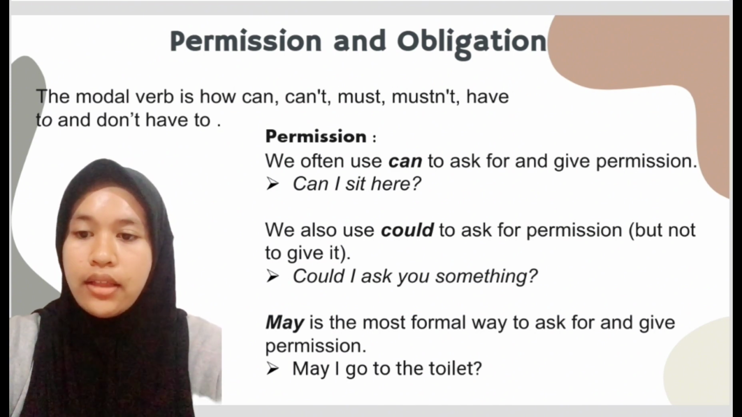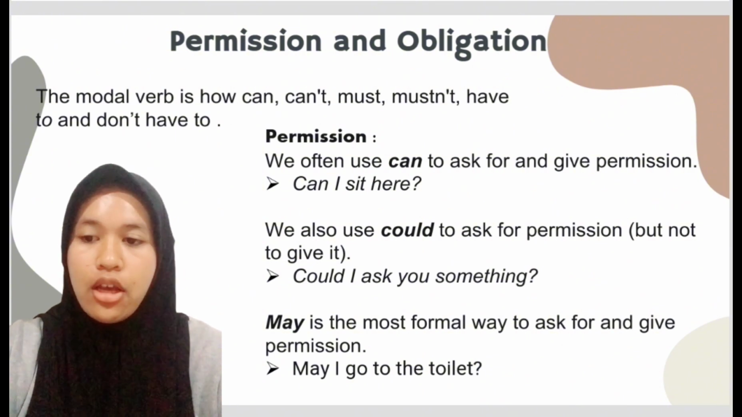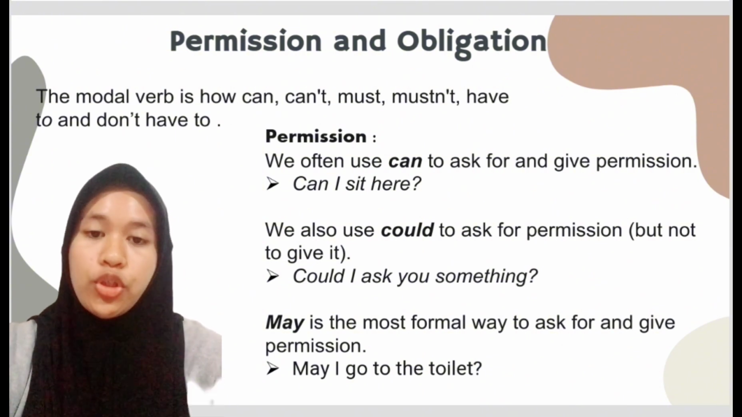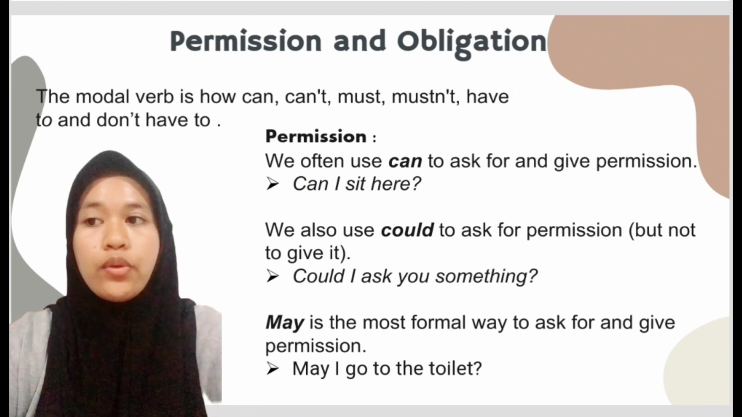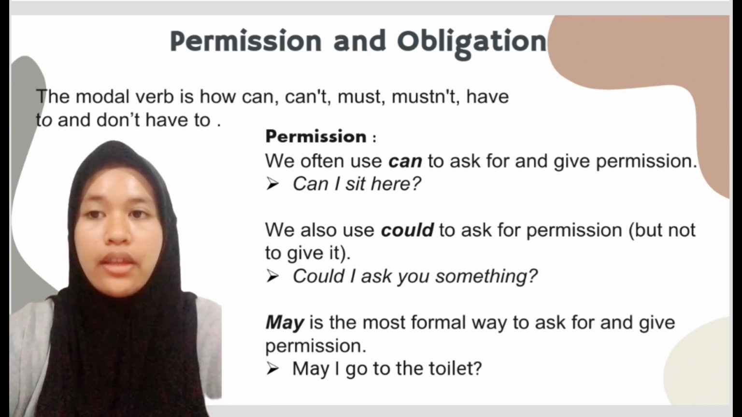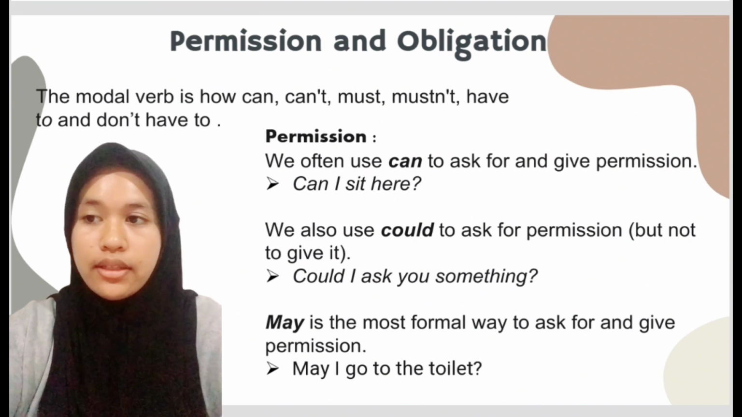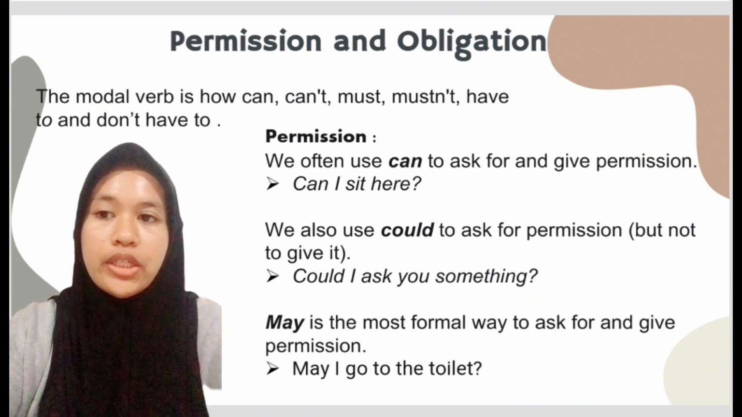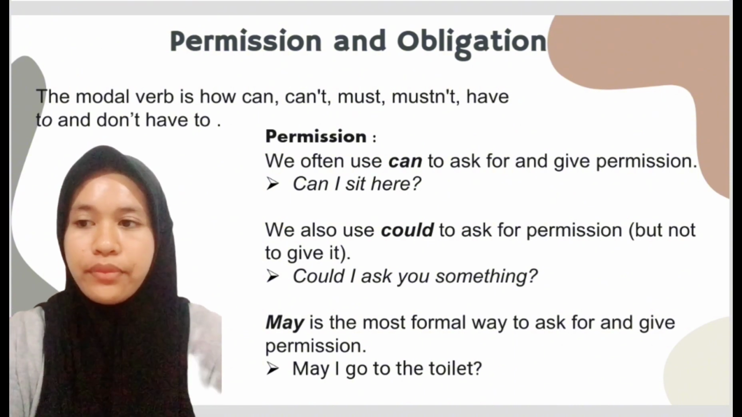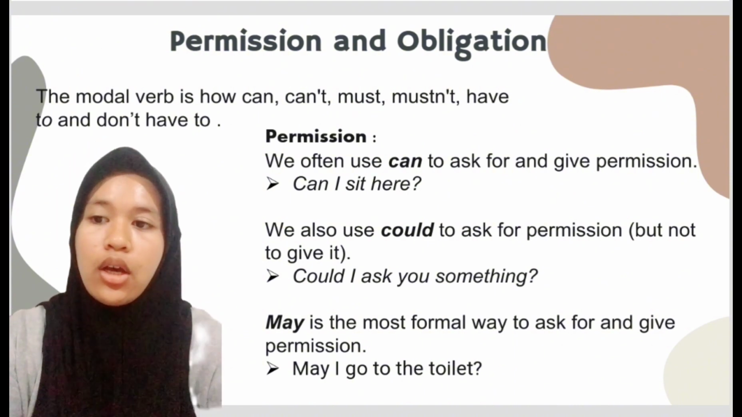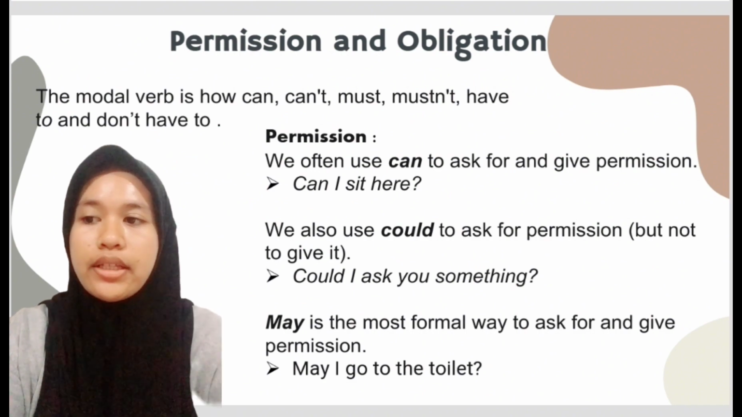The next modal verbs in permission are can't and mustn't. We use can't and mustn't to show that something is prohibited. We use can't to talk about something that is against the rules, particularly when we didn't make the rules. Next is must not. We use must not to talk about what is